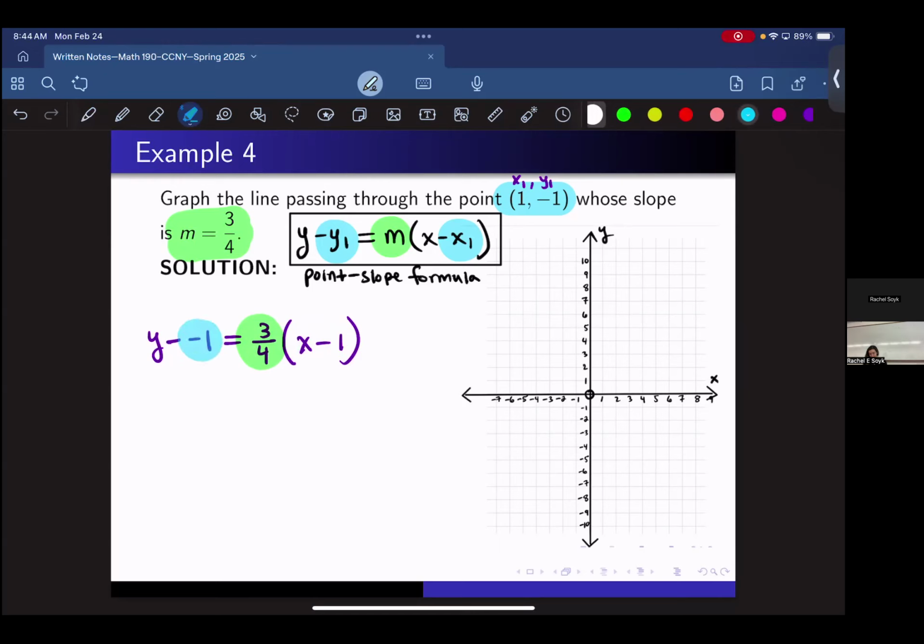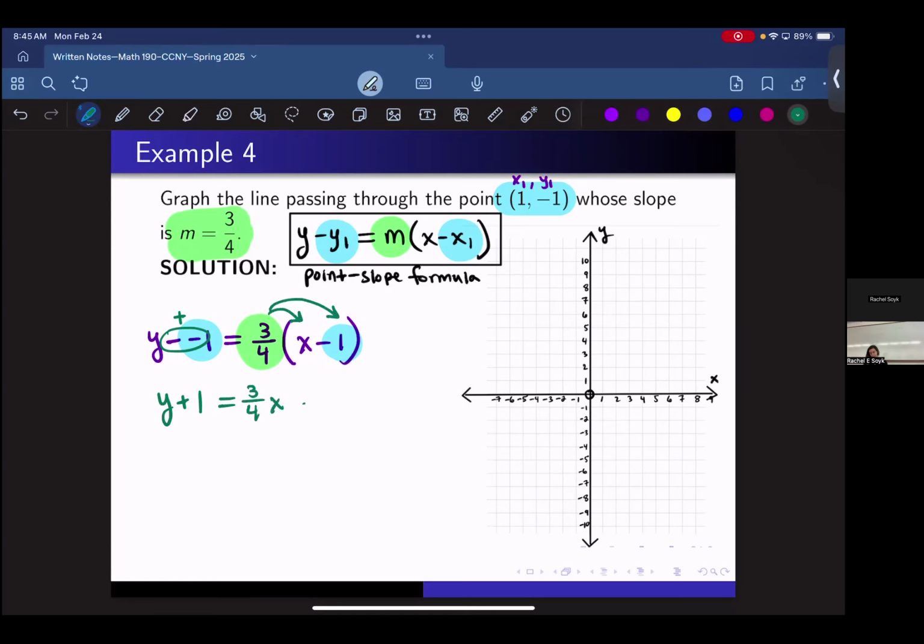I won't be color coding all of these problems, but the beginning ones, I just want you guys to get a little bit more comfortable with it first. Two negatives next to each other give us a positive. So we're looking at y plus 1 is equal to, and now we can go ahead and utilize our distributive property,